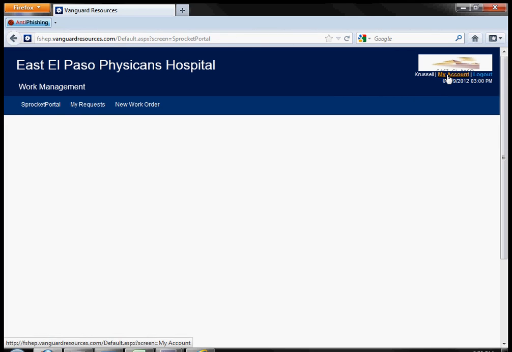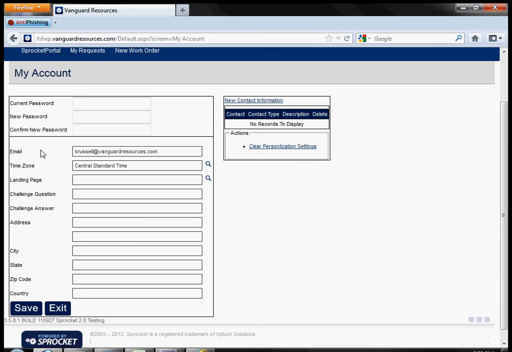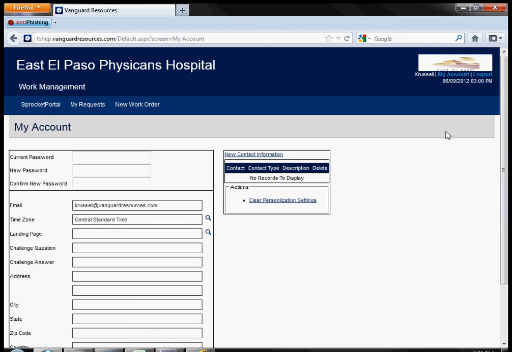Sprocket Portal will most likely put any newsletters or information that we have regarding Sprocket right here on this home page so that you see it when you log in. If you need to change any information, you can click on My Account on the top right, and here is where you can change your password. You can put your email address, your time zone, any information that you want to put in here. Just click Save,